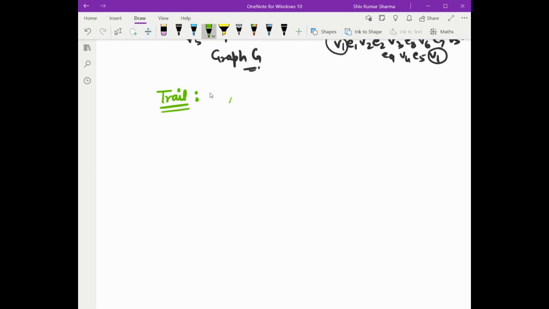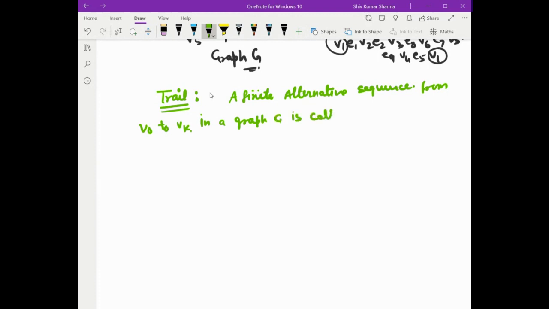We define it as a finite alternating sequence from vertex V0 to vertex Vk in a graph G, and it is called a trail if